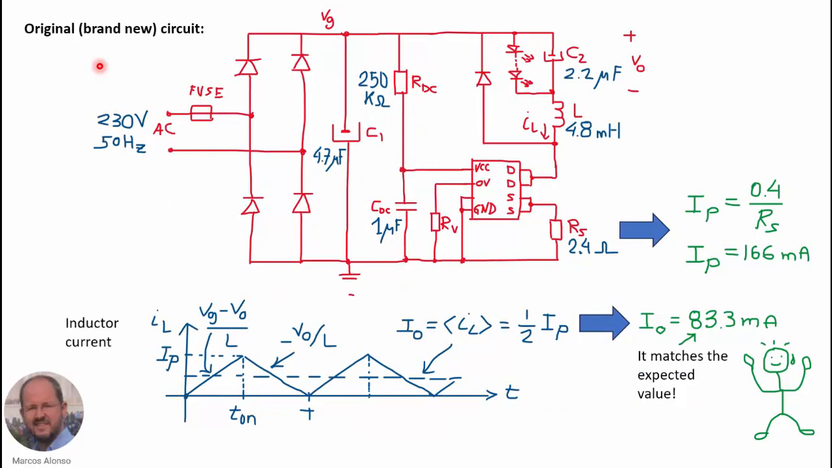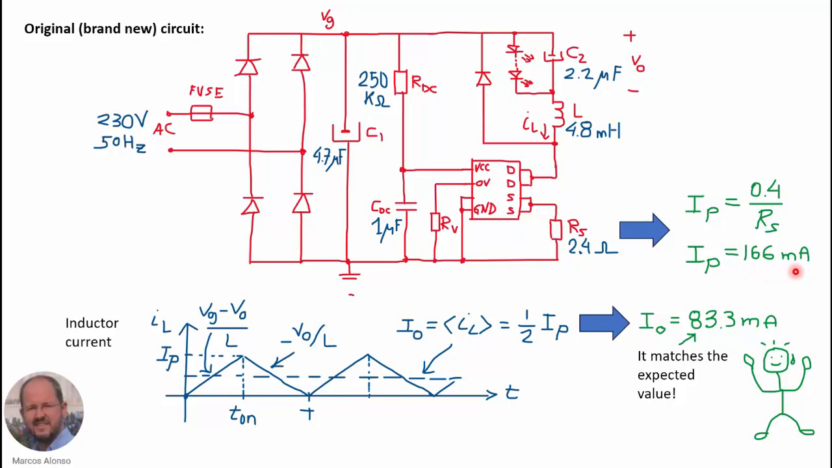So now let's study a little bit the operation of the original circuit when it is brand new. Then we should have here a capacitor of 4.7 microfarads and at the output 2.2 microfarads. This is the value of the inductance, 4.8 millihenries, and this is the series resistance to measure the current through the inductor. And internally the integrated circuit has a voltage of 0.4 as a reference to detect the peak value of the current, in such a way that the switch is going to be on until this value IP, and this value is given by 0.4, the internal reference, divided by the value of Rs, and the value of Rs now is 2.4 ohms, so this means that the peak value of the current